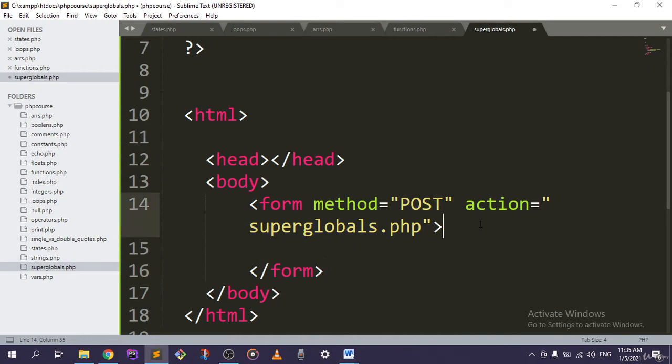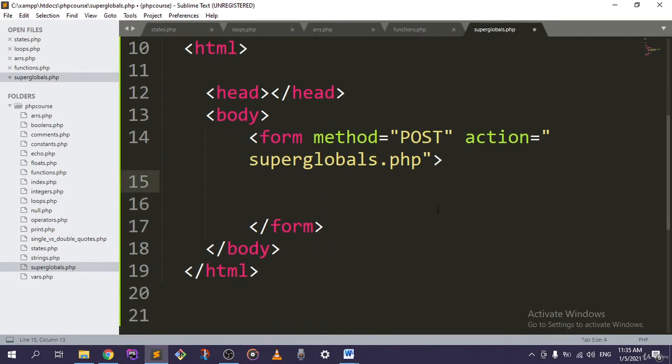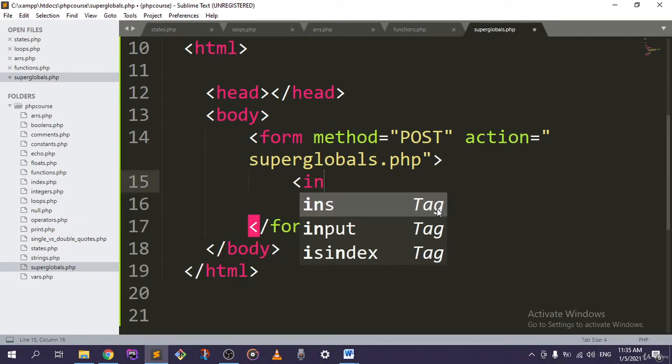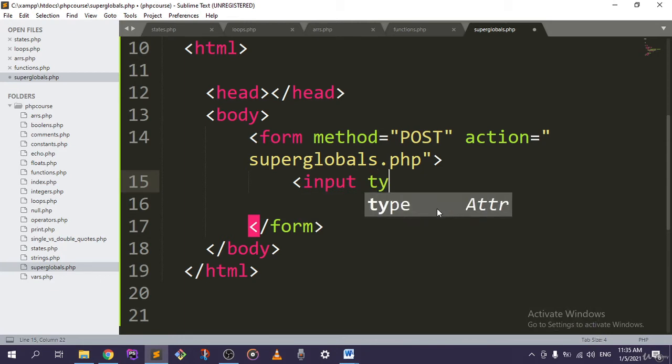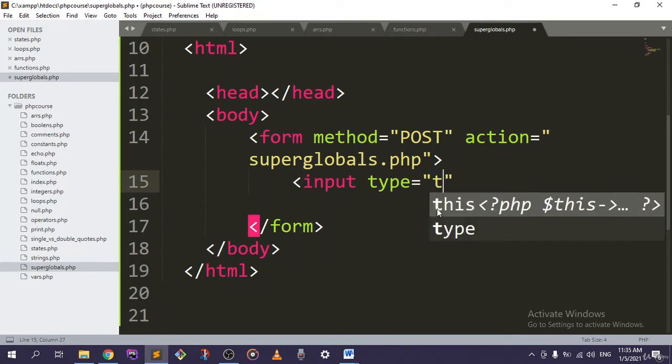Now in the form we need to create some inputs. Let me write an input type. And if you don't know HTML, this is really easy. HTML is a markup language. It's not even a programming language, so you should pick it up in an hour or so. An hour is even too much for it. So the type will be text,